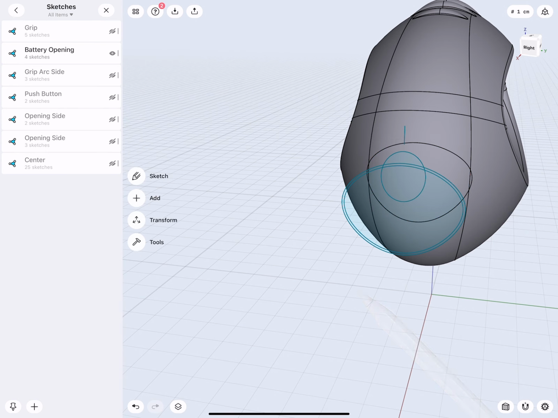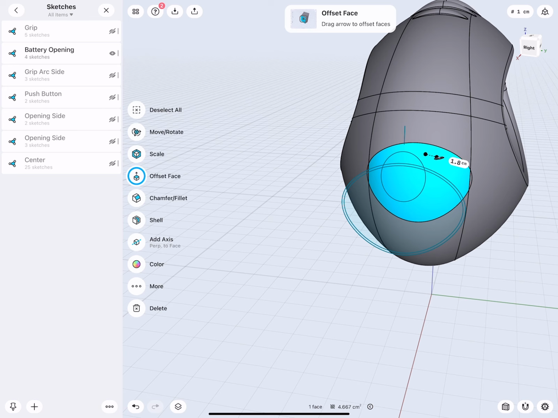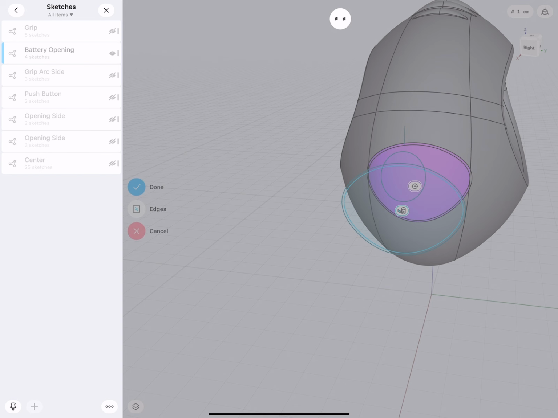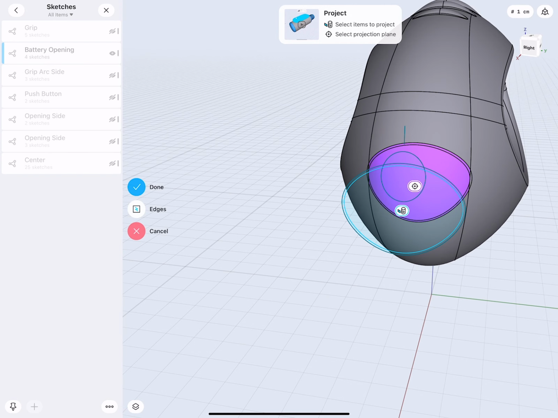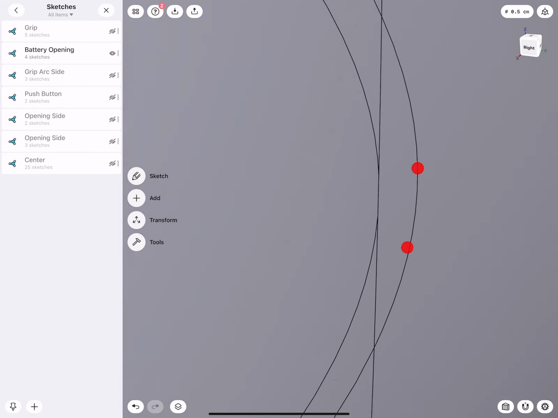And then again, it's also important that you sketch first and then face, not the opposite, because I want to project the sketch onto the surface. And because it's a surface, it's not really projecting the sketch on the surface, it's actually slicing the surface. If I select the surface and then the sketch, I project the edge from the surface into the sketch. So it's actually really important to understand the difference there.